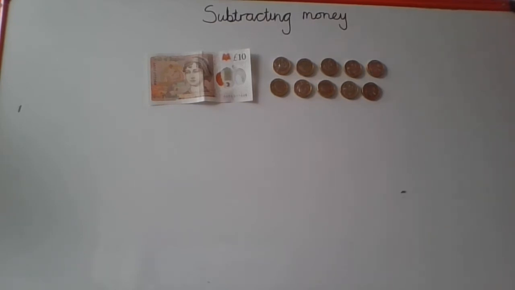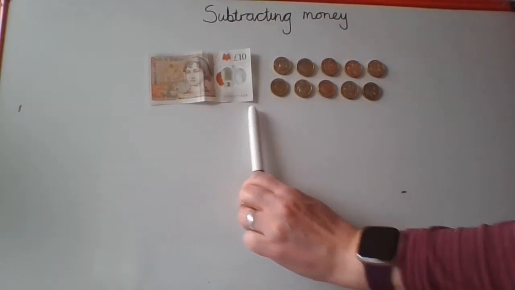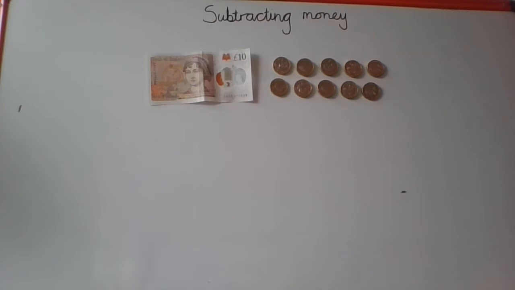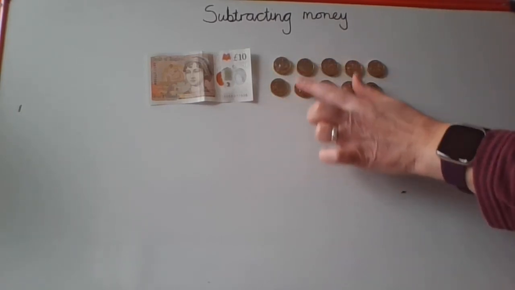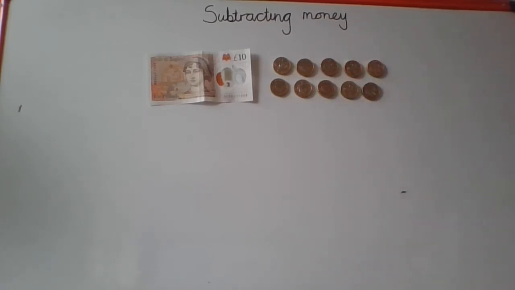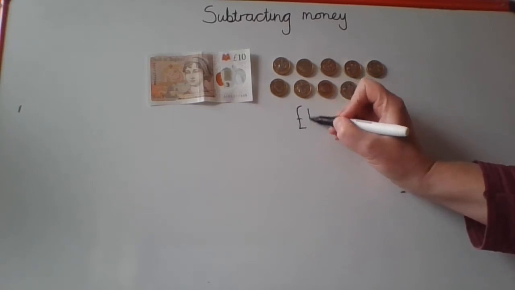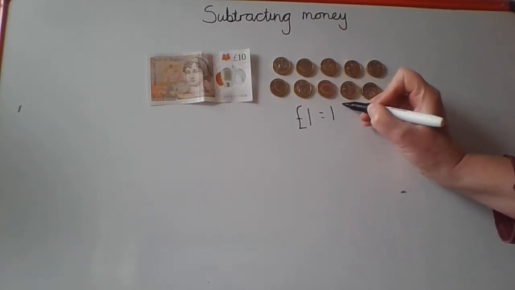So to start with, I've shown you here a £10 note, because in the Monopoly questions, you're always going to start with £10. And you're going to subtract an amount from the £10. We know from our other lessons that we can change £10 into £1 coins. We know that for every £1 coin, we have 100